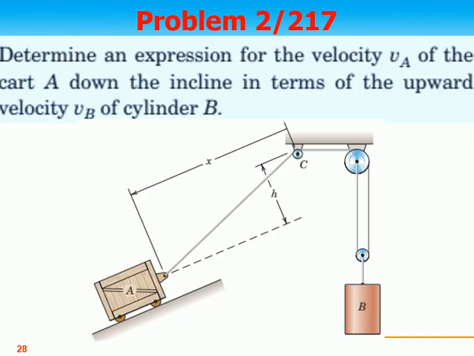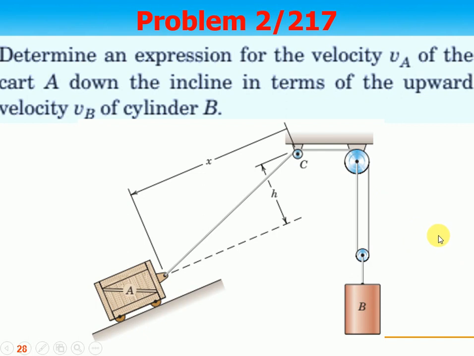Next problem is 2-2-7. Determine the expression for the velocity VA of the cart A down the incline in terms of the upward velocity VB of the cylinder. The cart is moving in the downward direction, and the load, the cylinder, is moving in the upward direction. This height is x. This length is x. And this is one rope, so